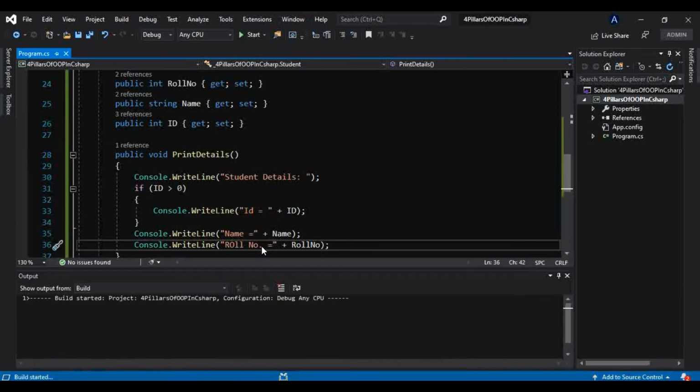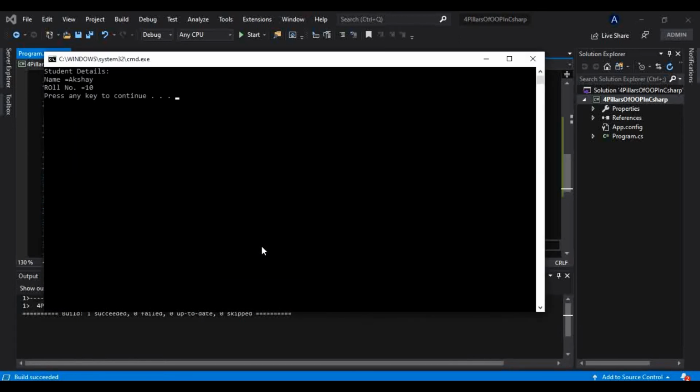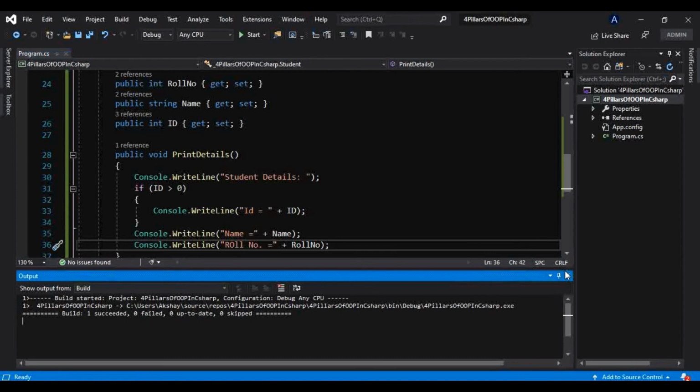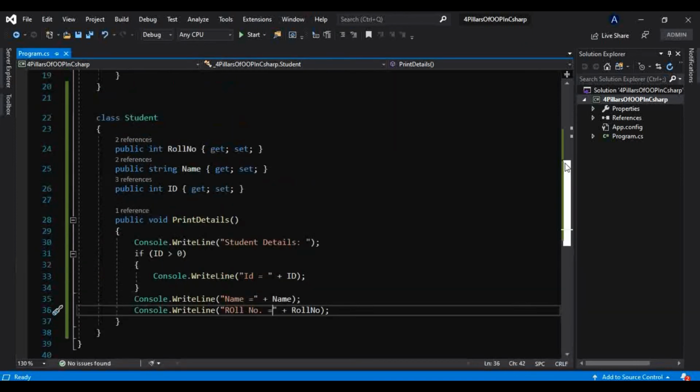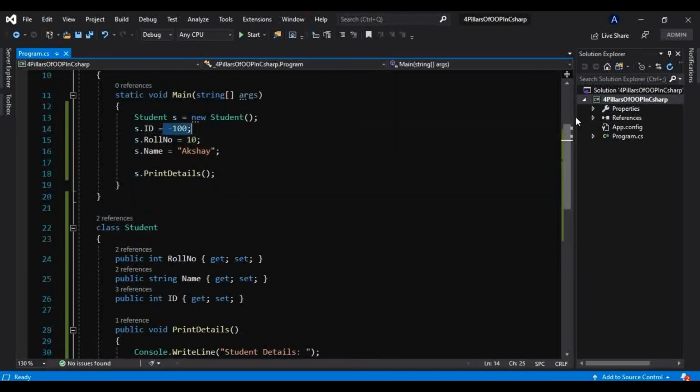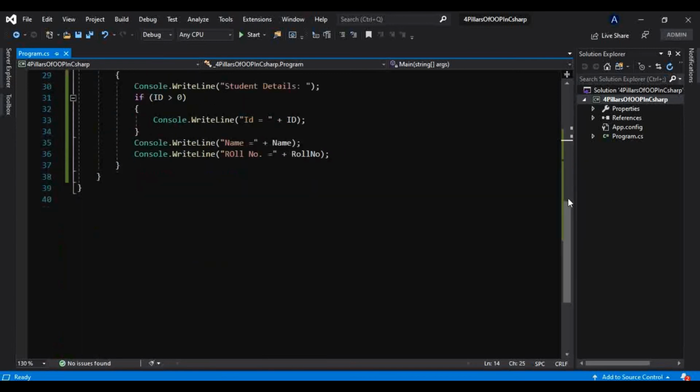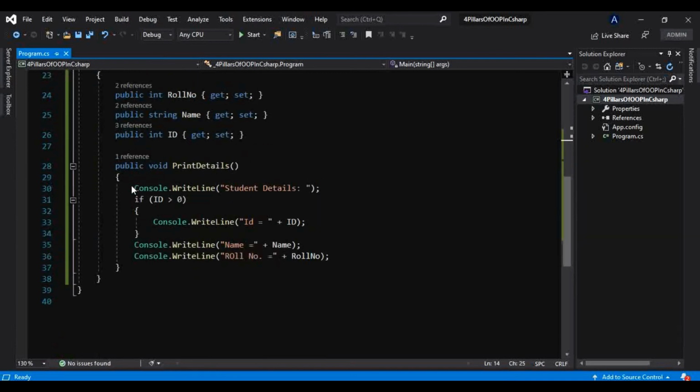And if I run this, okay, if you can see here, it has not printed that ID. Why? Because the user has entered a negative number here, that is this -100, and we are validating that in the method here. But if the user is doing something like this, then we are not printing that message.